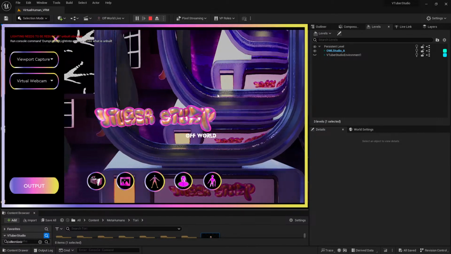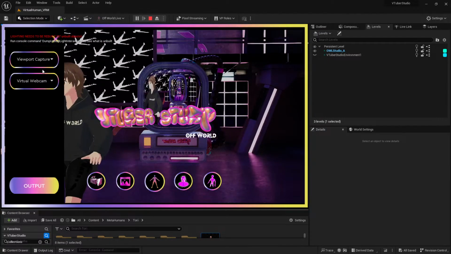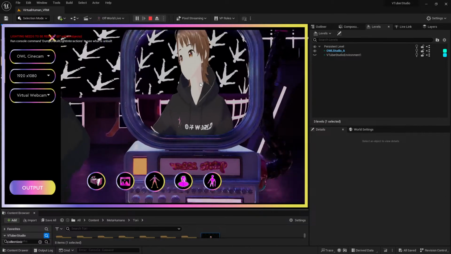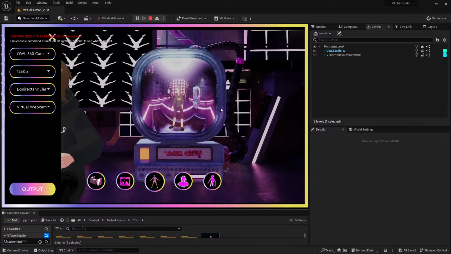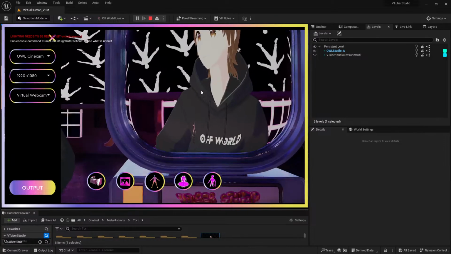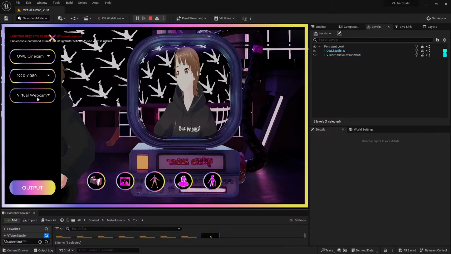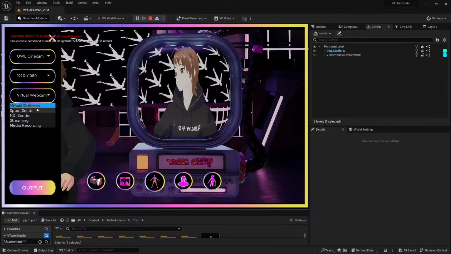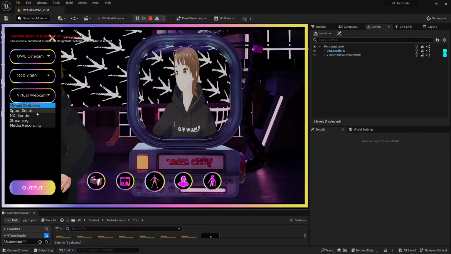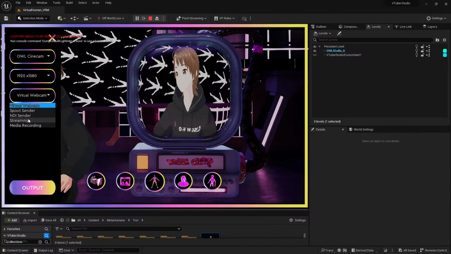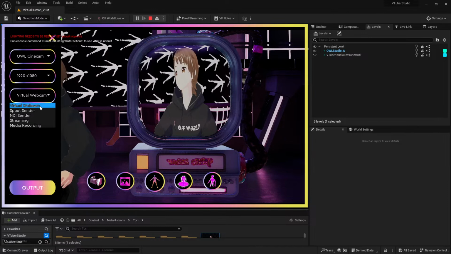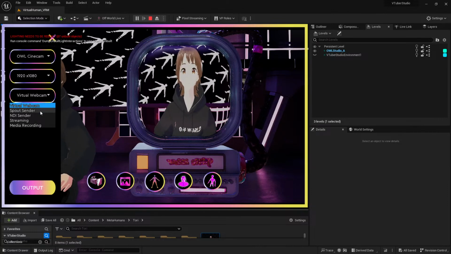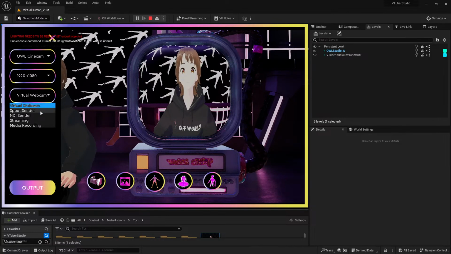So we have different capture systems as mentioned: viewport, Cinecam, and 360 cam. But then using different capture systems, you can also output via virtual webcam, Spout sender, NDI sender, streaming to a platform, or media recording. For virtual webcam and Spout, there is no sound with the output because